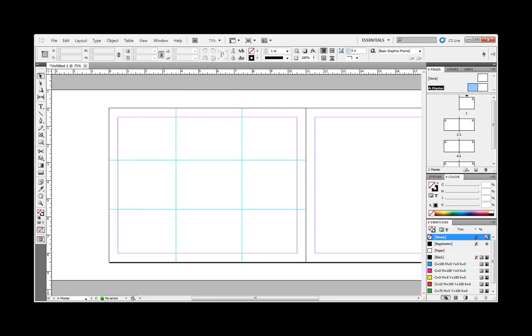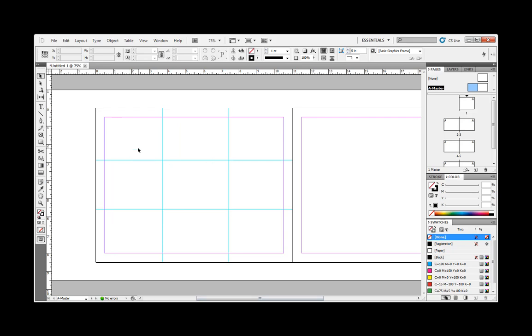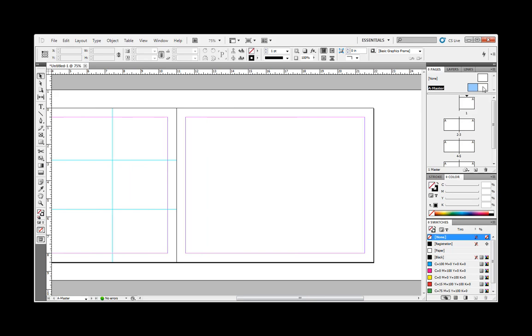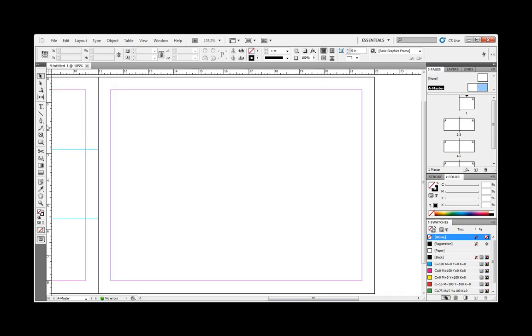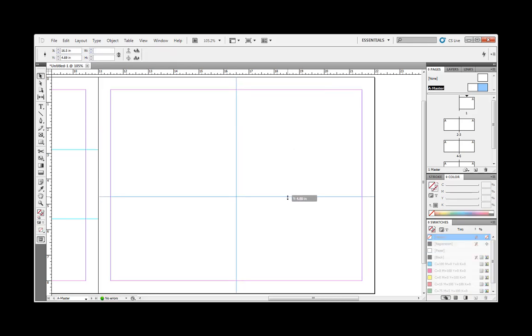So for this one, let's just say that this was the third, divide in thirds. For this side, we'll divide this thing in half or so, something like that. Let's see, 1, 2, 3, 4, 5 and a half. Actually, it's supposed to find the center for me. So 8 and a half, so 4 and a quarter should be the half point. So something like that. So if we go back to the regular pages,